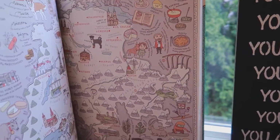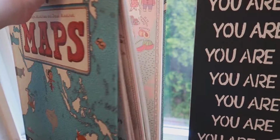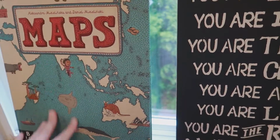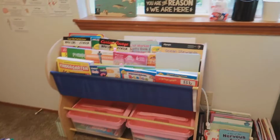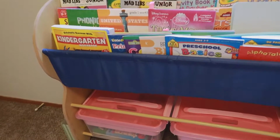We use The Good and the Beautiful for geography, and this map is super cool. It has close-ups of every country and lots of different information that is fun for kids to look at, so we love that. And then down below the window we have this little bookshelf, and this down here at the